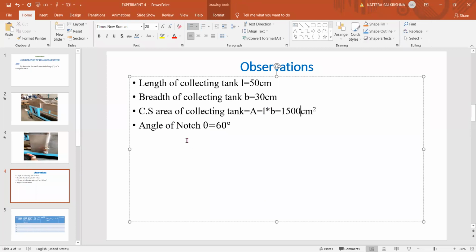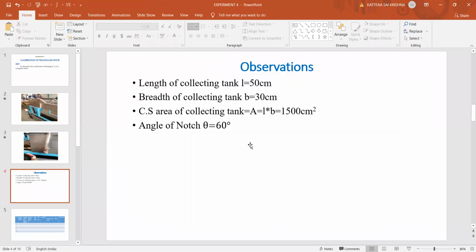And here we are taking a V notch whose angle is 60 degrees. Remember, theta equal to 60 degrees for the notch which we have taken in our lab. This may be different for different V notches. It may be 90 degrees or 60 degrees or 40 degrees, depending upon the shape of the V. Angle will be varying. Our V notch which we are using is 60 degrees. Just copy these also.